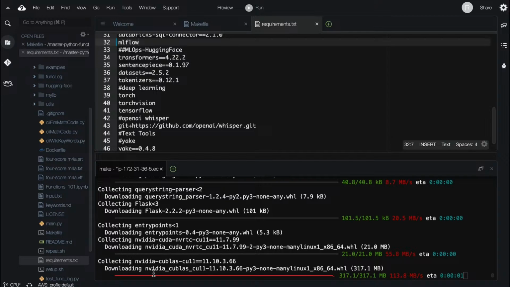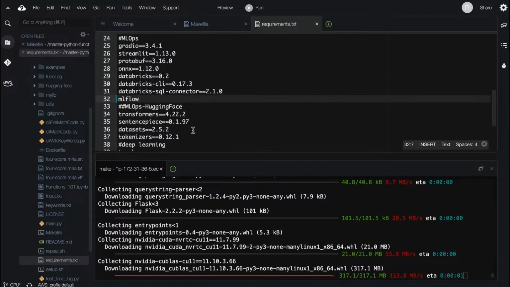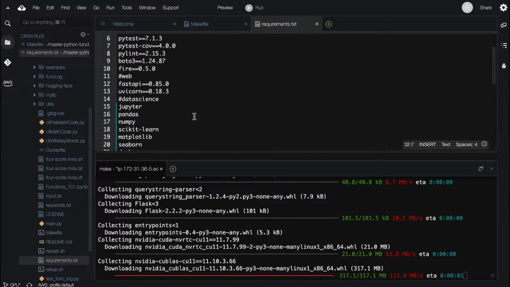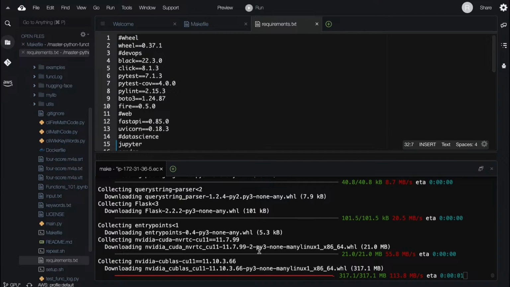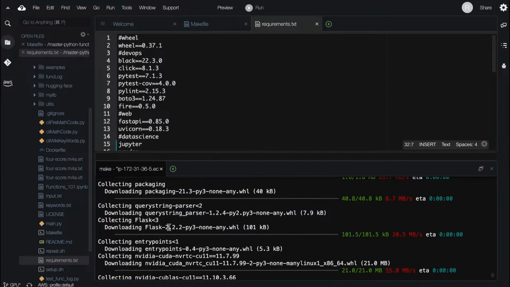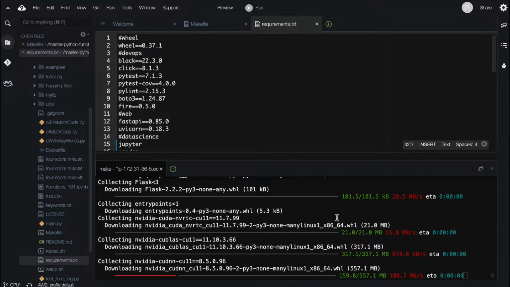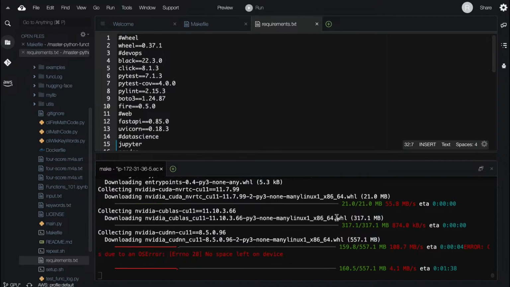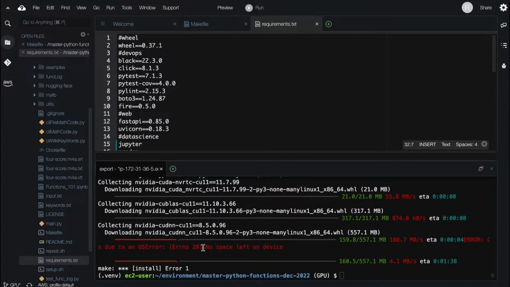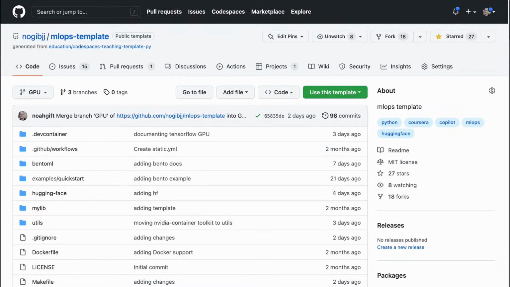Okay, like NVIDIA stuff, for example, which I think is coming from, I don't know where that's coming from actually. Maybe that's coming from PyTorch or something like that. Look, so I installed so much software, there's no space left on the device. So this is fortunately a pretty easy one to fix.